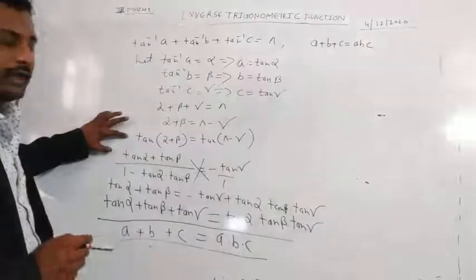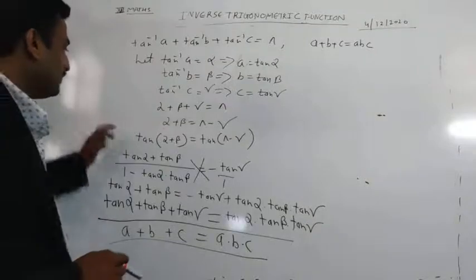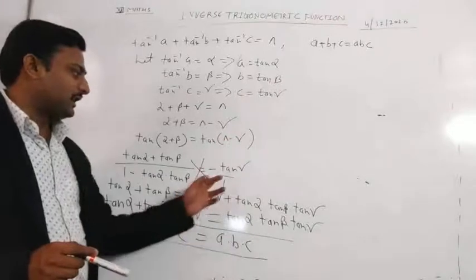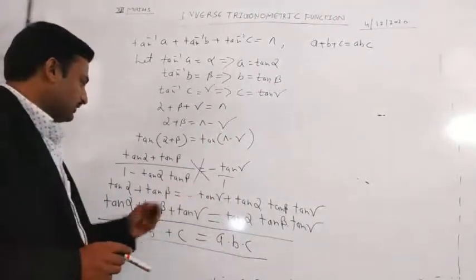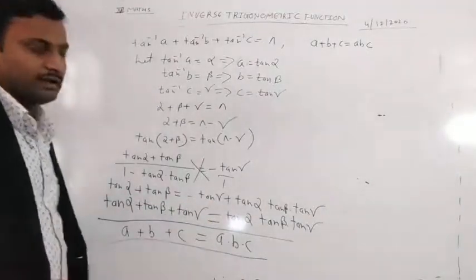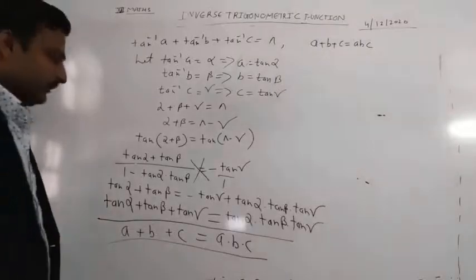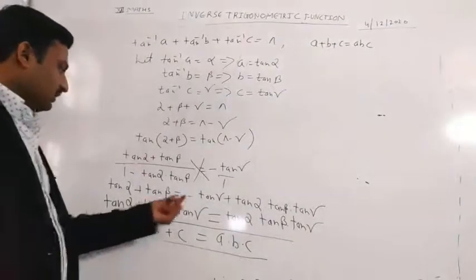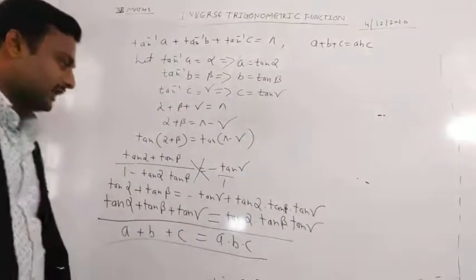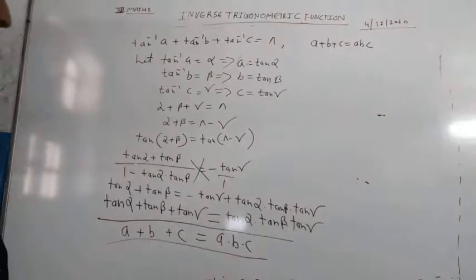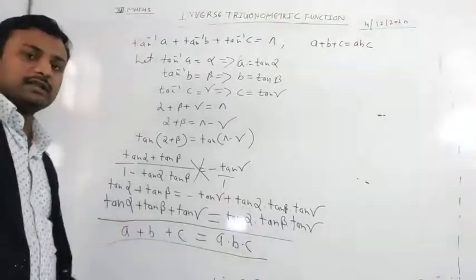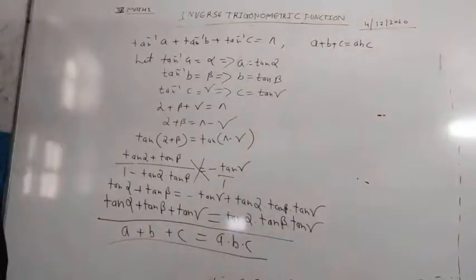Now take tan both sides. Tan of alpha plus beta is equal to tan alpha plus tan beta upon 1 minus tan alpha tan beta. Tan of pi minus theta is minus tan theta. Now do the cross multiplication. We are getting tan alpha plus tan beta is equal to minus tan gamma plus tan alpha tan beta tan gamma. Now take this to the left hand side. We will get tan alpha plus tan beta plus tan gamma. Now at last we will put the value of tan alpha, tan beta, tan gamma in this equation, and we get our required result, which is what?